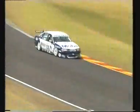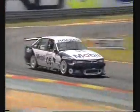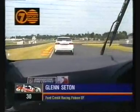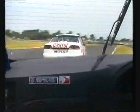The field getting spaced apart now. Lowndes still holding that gap. 3.6 seconds. He's pumped it out another 3/10. Bowe in 2nd position. Here's Brock in 3rd. Gardner still behind him in 4th. A tremendous battle here amongst the privateers, just nipping at the tail of the Group 1 pack. And Seaton still really attacking Perkins. Not being able to find a way past yet, but looking like he's going to pretty shortly. Larry under a lot of pressure